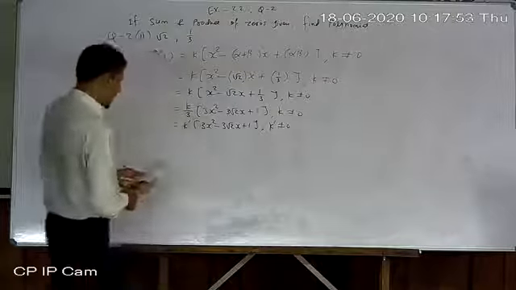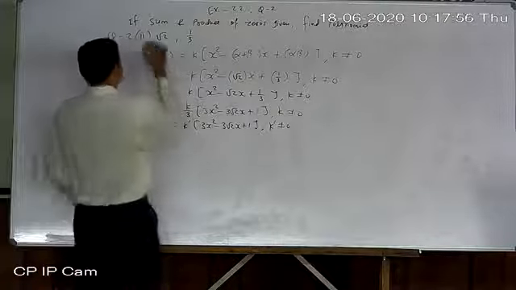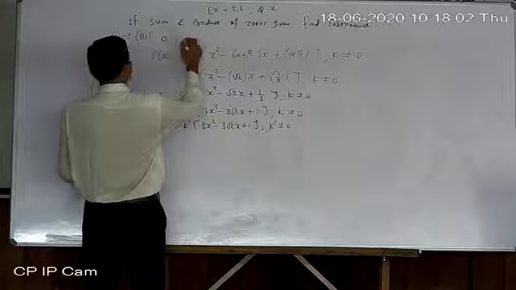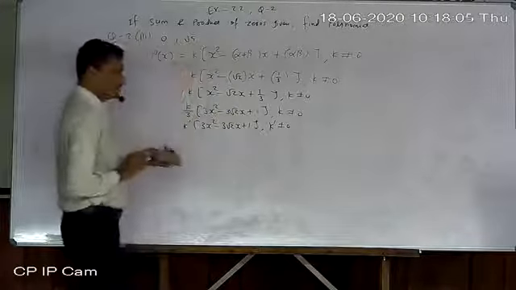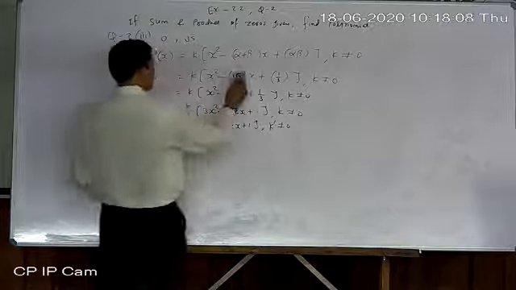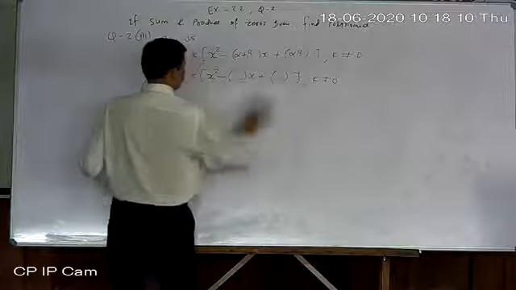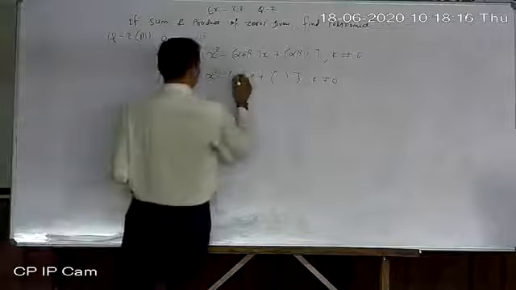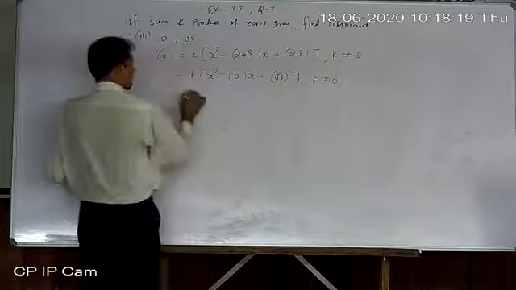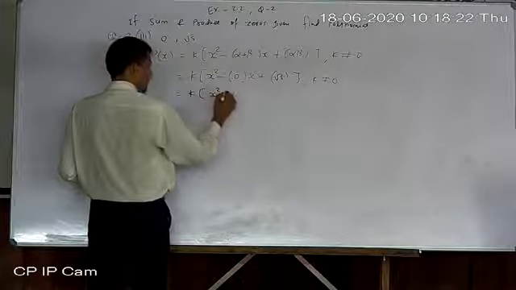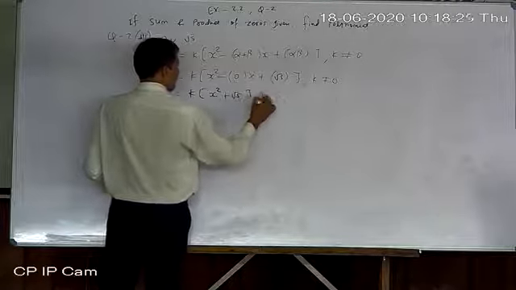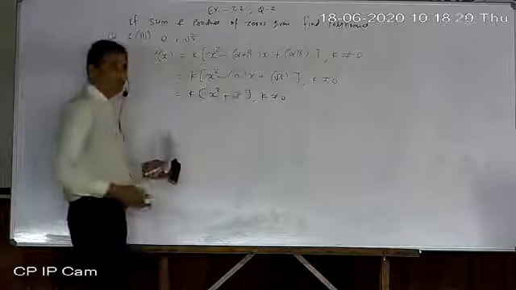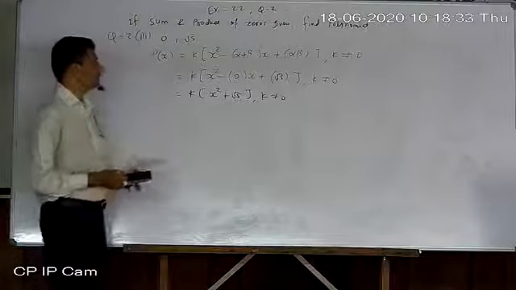Okay. Same way, now look at number 3. Number 3, 0 and root 5 are given. Okay, these are textbook sums. 0 and root 5 are given. Third one of the second question. So write down 0 here, root 5 here. So it becomes x square plus root 5, k is not equal to 0. Sum over. Because 0 into x is 0, no need to write it. Okay. So x square plus root 5 is our answer.